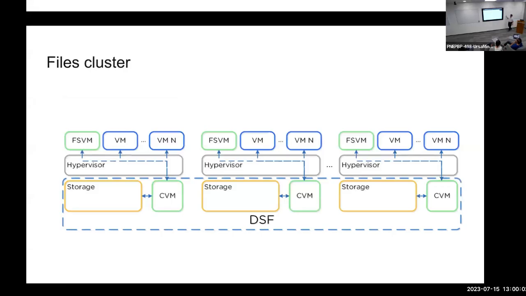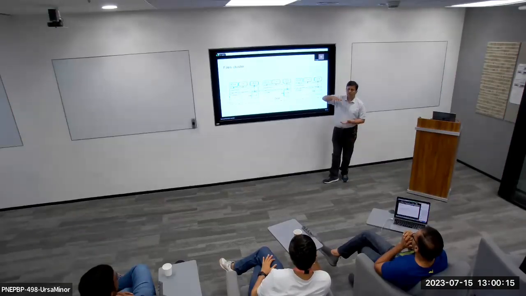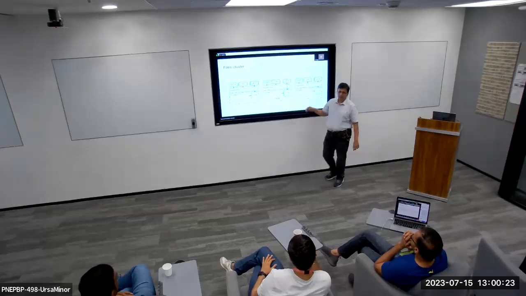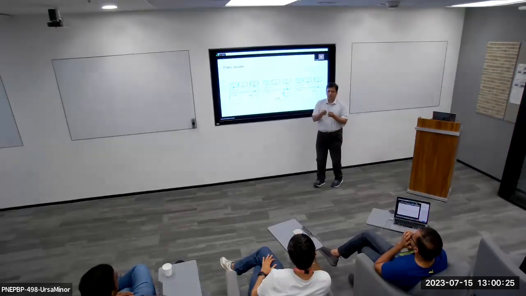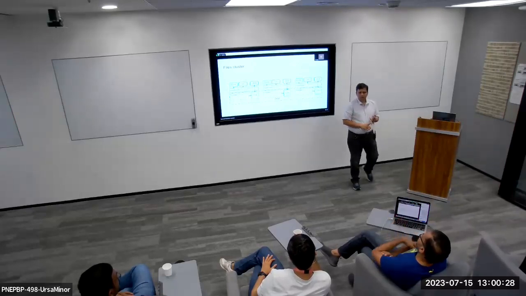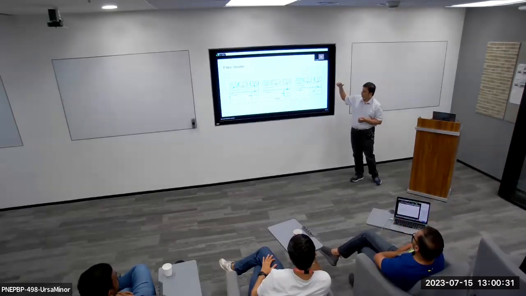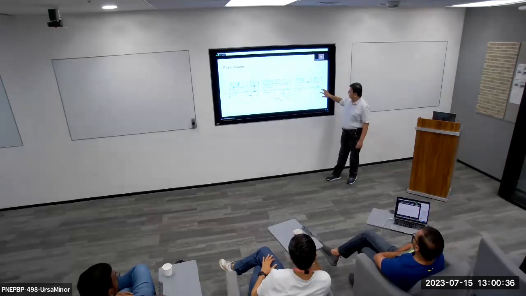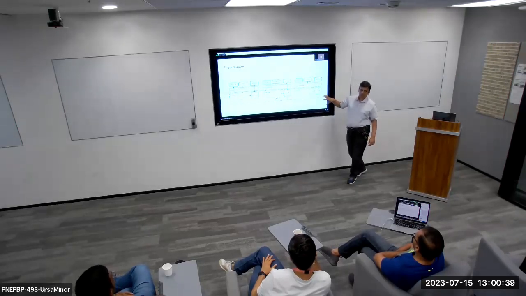Now the Files-level cluster looks like this. We have the basic Nutanix cluster, which gives me vDisks. And like any other VM, I have a file server virtual machine where my file stack, protocols, and file system are all running. I have multiple of these VMs, and these FSVMs also create their own cluster. All the protocol-level and Files-level work happens within the FSVM, and the basic disk comes from the CVM, the core Nutanix stack.